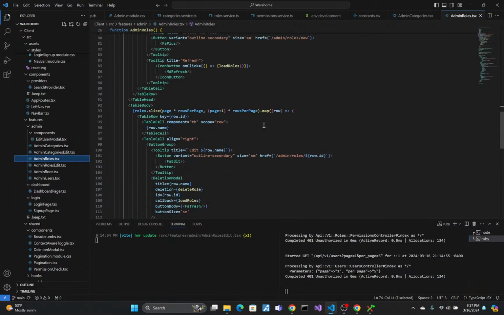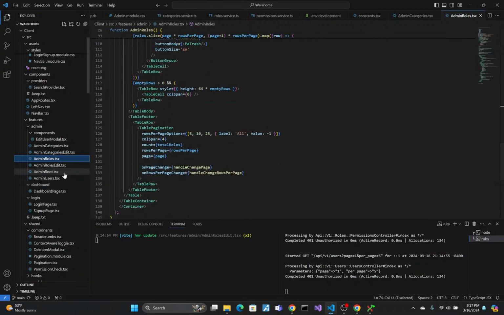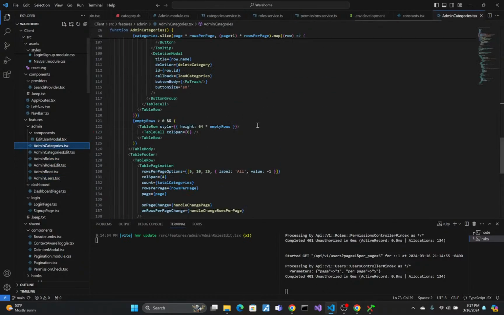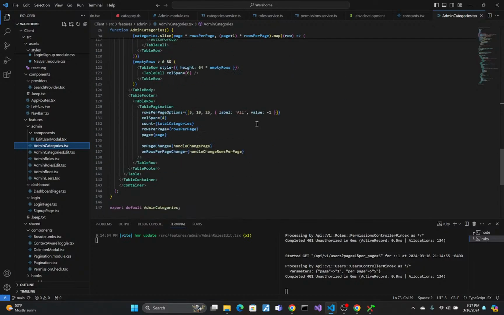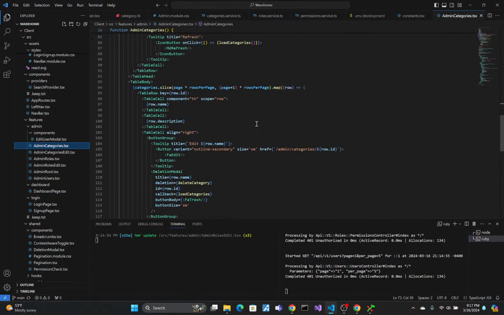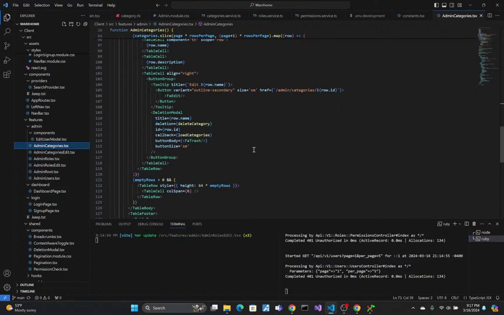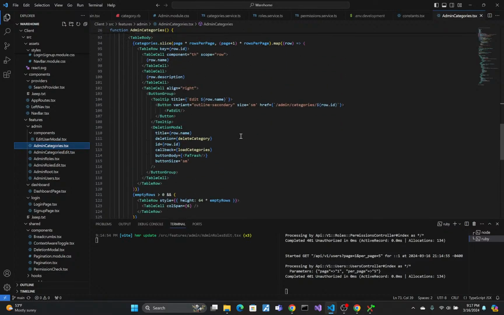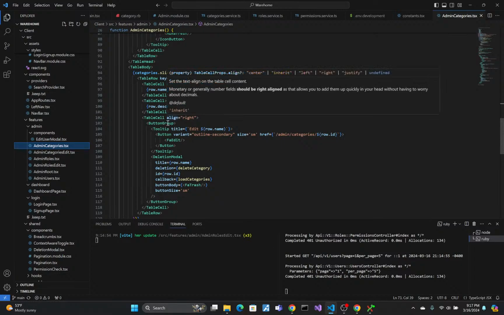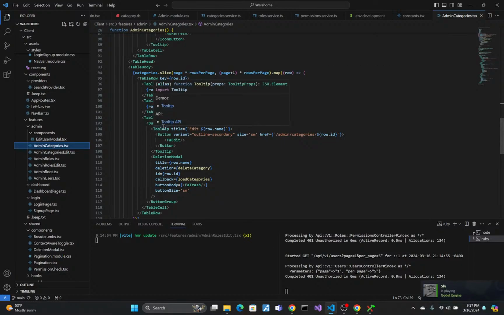The admin roles table, the admin users, and the admin categories table are all kind of samey. I mean, they're so samey that I could probably make a more strict component for just those three. But why even bother? Where you don't even define the controls. You just have a tooltip for